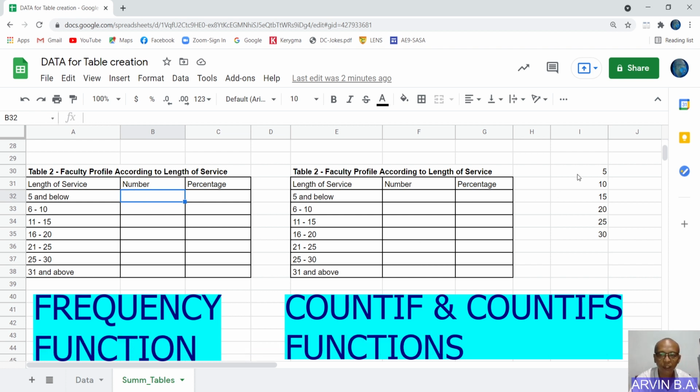Assuming that our class intervals will be 0 to 5, 6 to 10, 11 to 15, 16 to 20, 21 to 25, 26 to 30, and then 30 and above. I'll be having this for my bin, which will serve as a guide or as my criterion in the use of frequency. So for this, we type equals